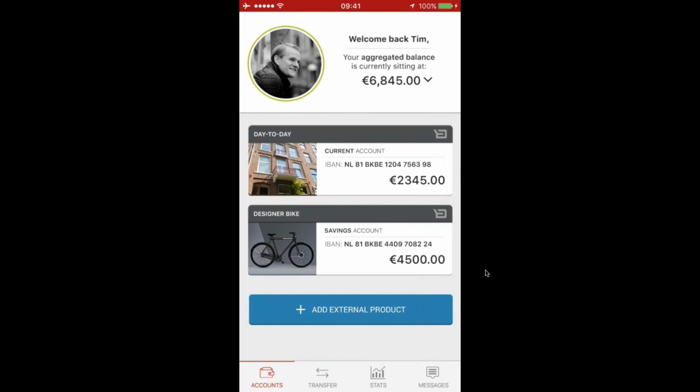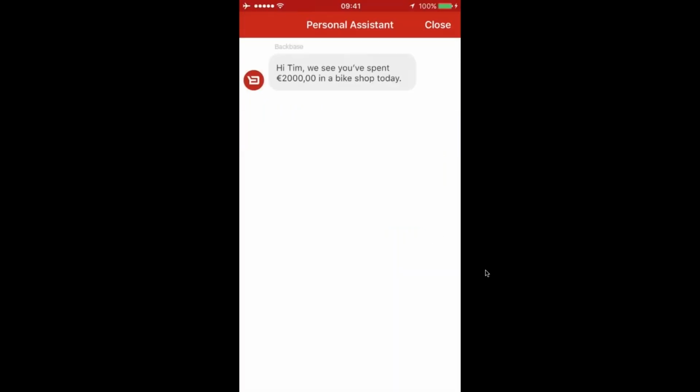In this case, I've been saving for this bike, and today I just went out to buy it, meaning I deduct an amount from the amount you see here on the screen because I went to a bike shop and acquired the bike through my card. What you will find in the Backbase philosophy is that this whole engagement of the customer across all of the different channels comes back to a so-called personal assistant. And one example you see popping up on the top is an automated push notification where a personal assistant is going to literally assist me in making financially sound decisions.